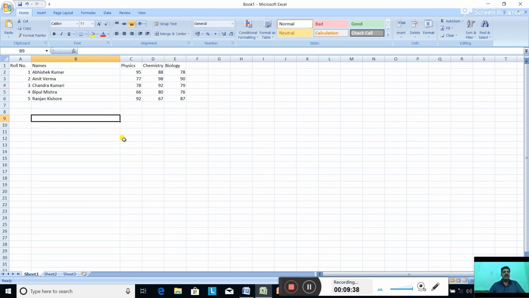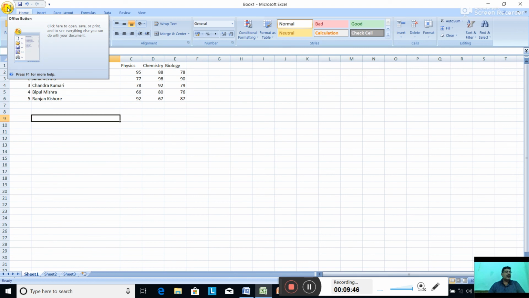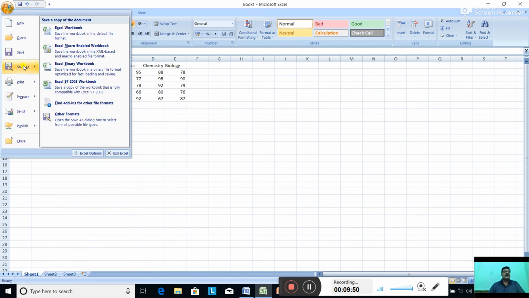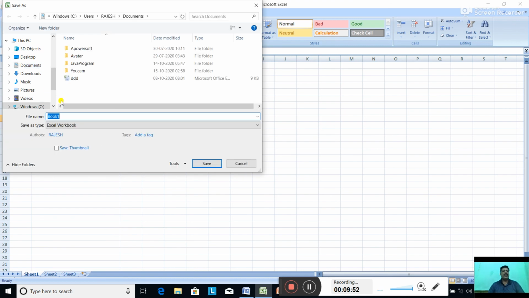After entering all the information of all the students, you have to save it. To save an MS Excel file, you have to click on the file button, click on save as and give the file name. Suppose I am giving the file name standard 7. So I have typed 7. Click on save.